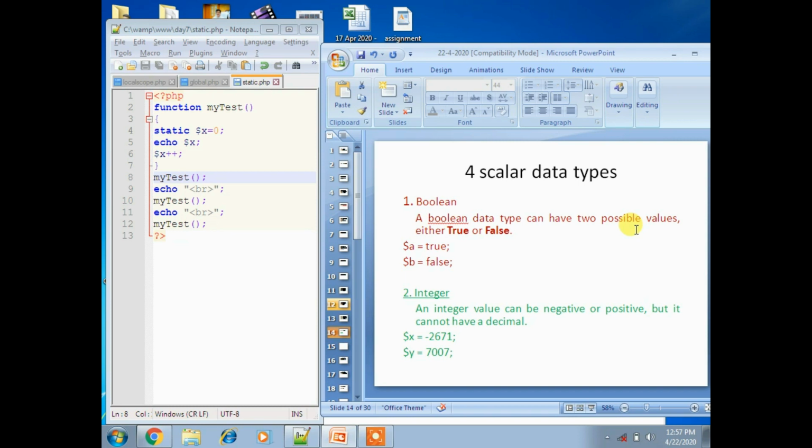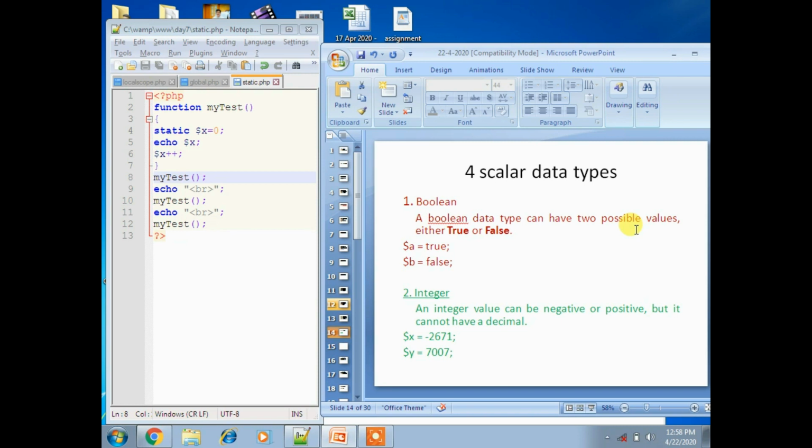Then integer, which I already discussed, has at least one digit, does not have a decimal point, and is either positive or negative. For example, x equal to minus 2672.